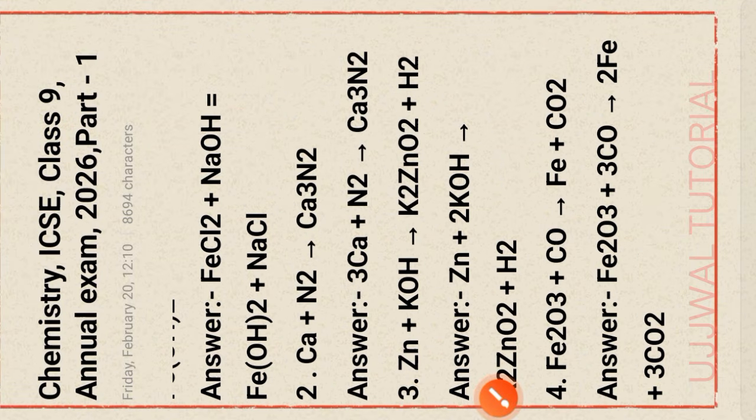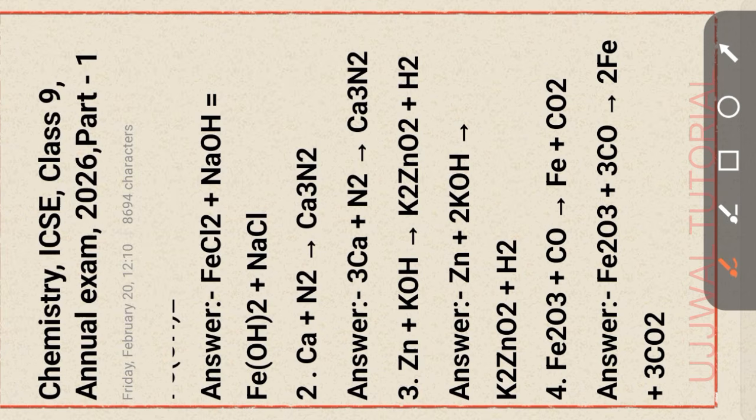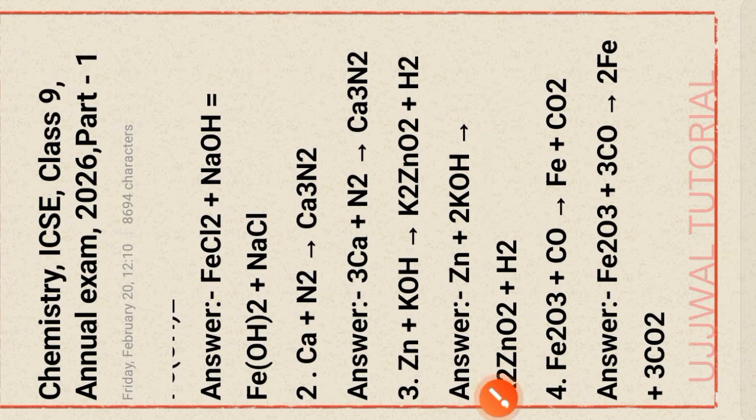Zn plus KOH forms K2ZnO2 plus H2. That is the balanced chemical equation: Zn plus 2KOH form K2ZnO2 plus H2. Next,